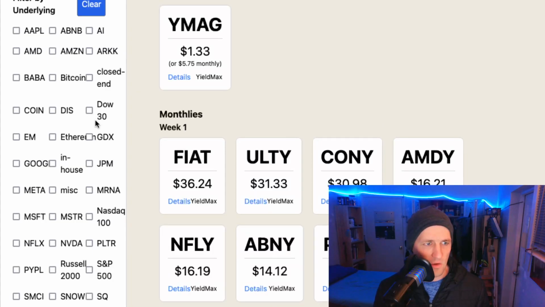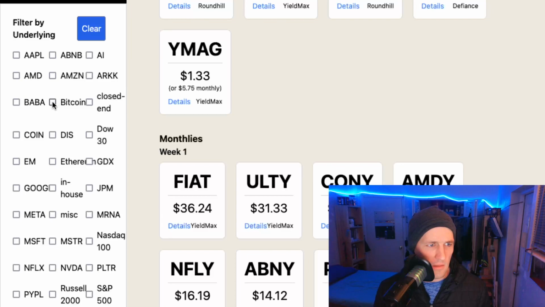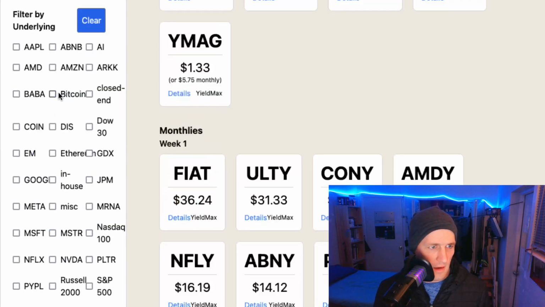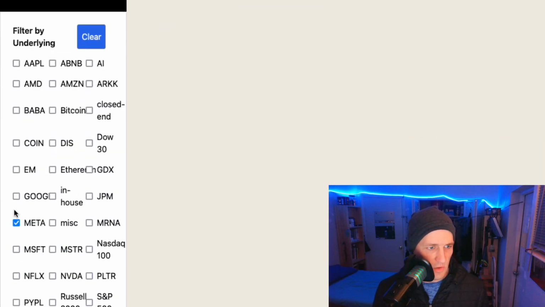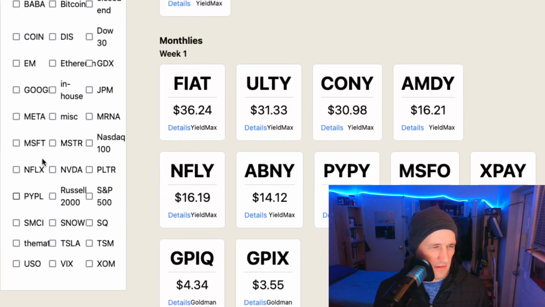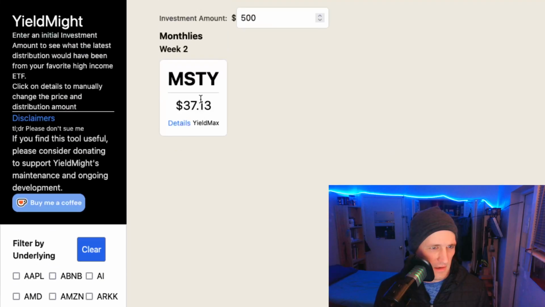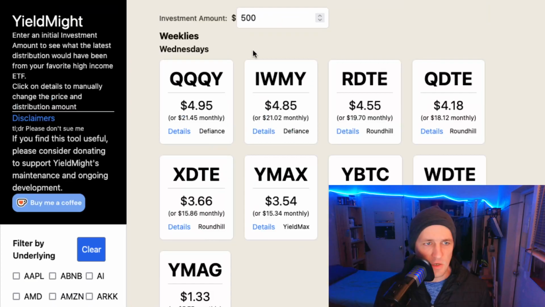So here you could get one that's Dow based, DJIA. There's Bitcoin based. There's Mag 7, so in this case Facebook. There's Russell 2000, and then there's obviously individual stocks. Let's see what MSTR has. Just MSTY here. So this is a neat tool, and it allows you to look over several different